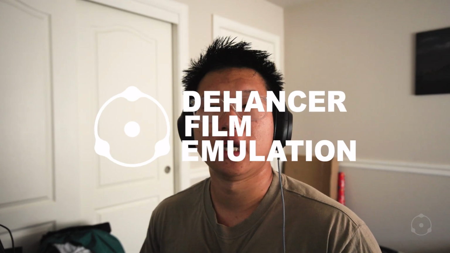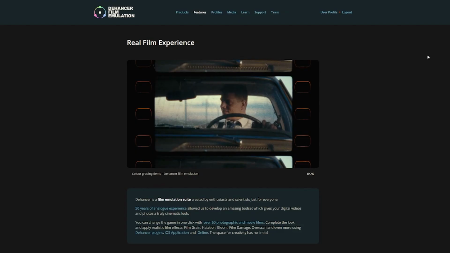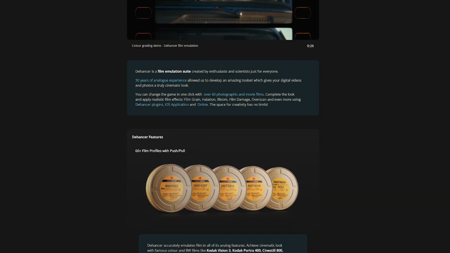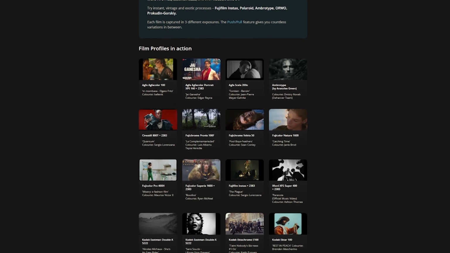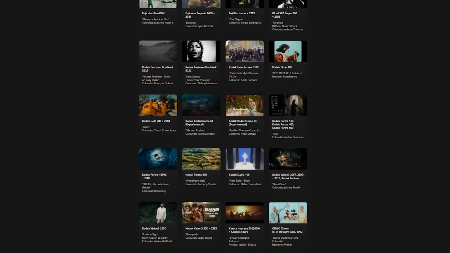I am here to explain to you and break down my honest opinions about Dehancer as a plugin. Dehancer is a film emulation and color grading plugin designed by colorists and filmmakers and photographers. The reason why this was created is so people could get that analog and film-like result simply by a click